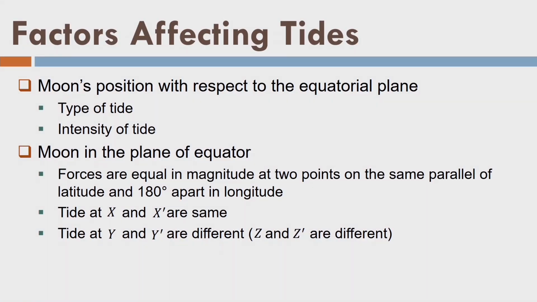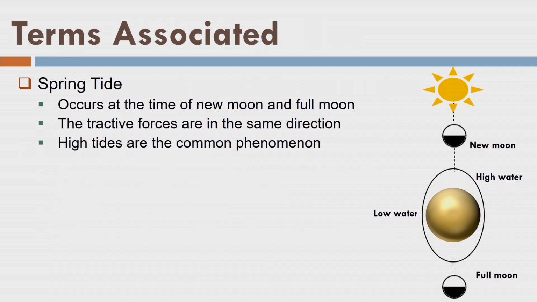I have written on this slide, so you can read it yourself and you can confirm this from the previous slide. There are two terms associated here. We have seen that moon and the sun both are exerting force on the surface of the earth, and moon is more effective because of the distance and the mass. However, what if both the moon's and the sun's force are exerting in the same direction on the surface of earth, and we experience the highest tides?